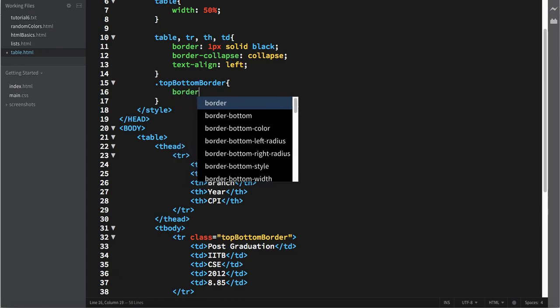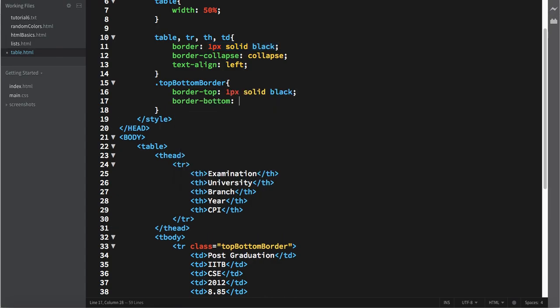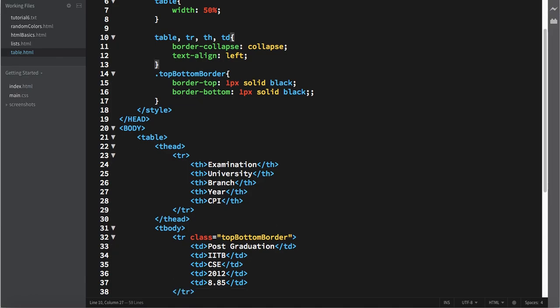There is a property border top, similarly border bottom, and at every place I need to copy this border bottom, similarly this, right? That means we need to remove it from here because we don't need this.